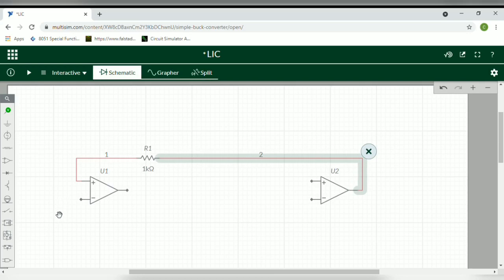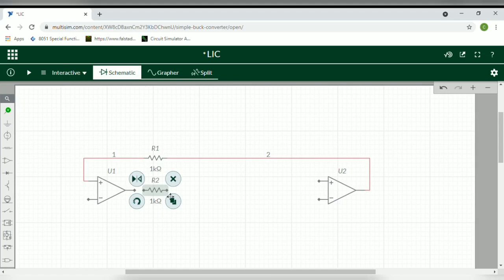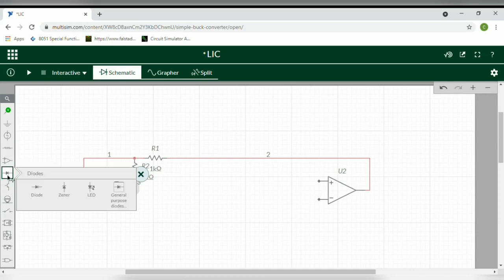Now we will take another resistor and connect it to the output of first op-amp. Then we will take a diode and connect it to the output terminal of first op-amp.